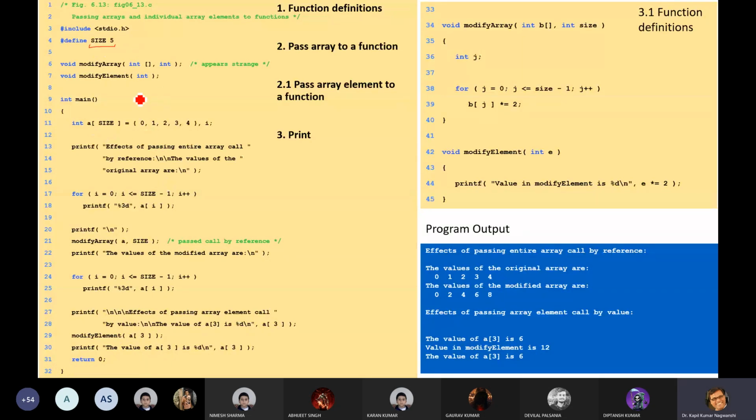Now with this we will create an array. The name of the array is A, with indices 0 1 2 3 4.